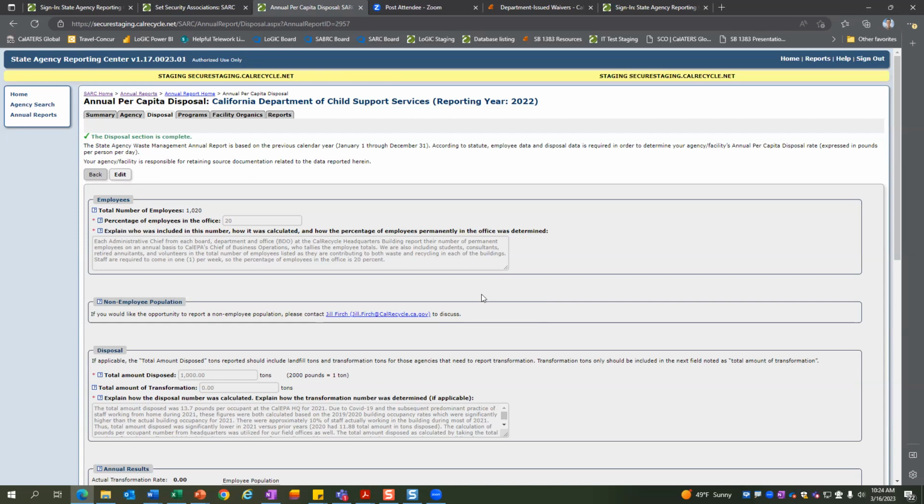Okay, and we have a second question from Ignacio Vasquez, which states, our HQ building is owned by DGS and they report separately. Do we need to include the numbers as well? So in those lease spaces, you want to stick to what your agency does. So just report on your agency and the number of employees in your agency. Does that answer your question?